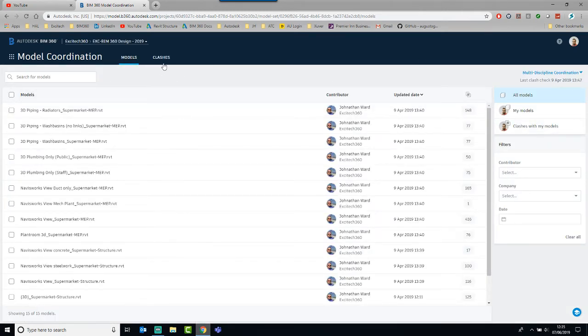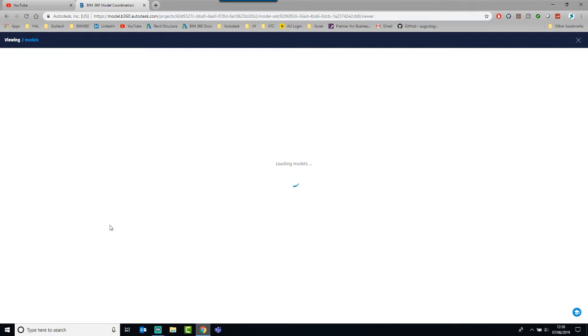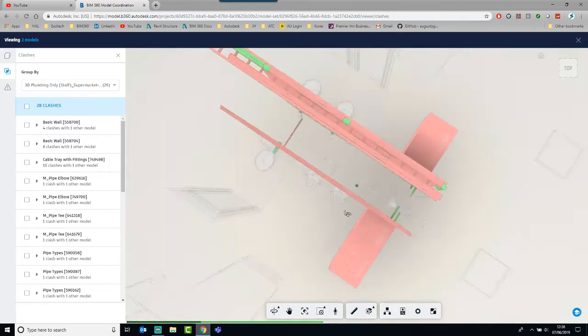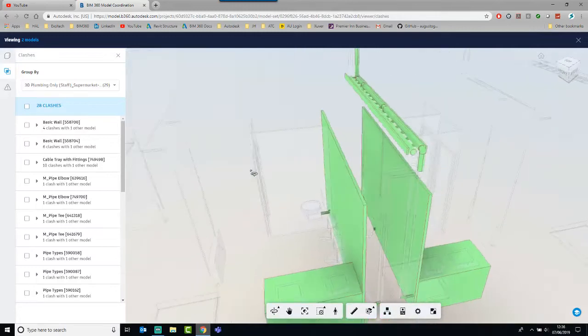The other change is a functionality change in how it works and defines the clashes within the area. You can see I've got my matrix, and if we look at, let's say, this clash area, the big change here is how it highlights the clashes. What they've done is coordinate between the model view and the list view. You'll see straight away within the viewer mode that everything is highlighted and goes red and green, and that's because initially